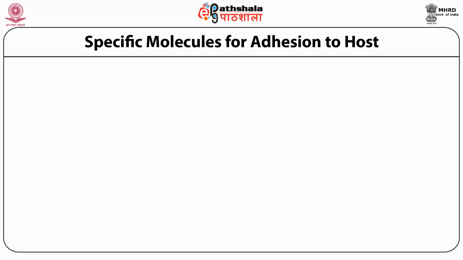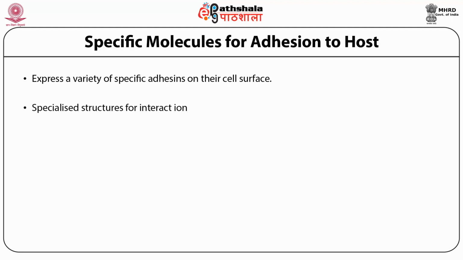We now talk about the specific molecules for adhesion to the host. Bacteria express a variety of specific adhesins on their cell surface, and hosts have specialized structures to interact with them. Bacterial pathogens specifically express a variety of specific adhesins on their cell surface, which allows them to interact with the receptors on host cells. Microorganisms also have specialized structures through which they interact with the host, as in the case of